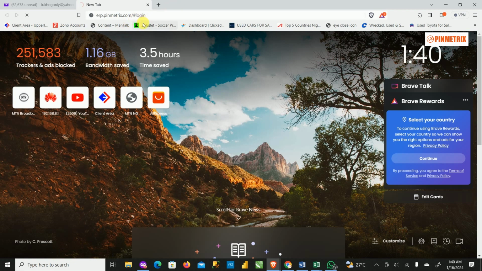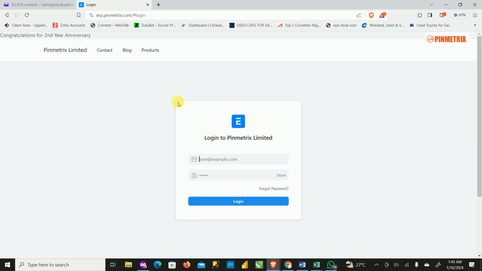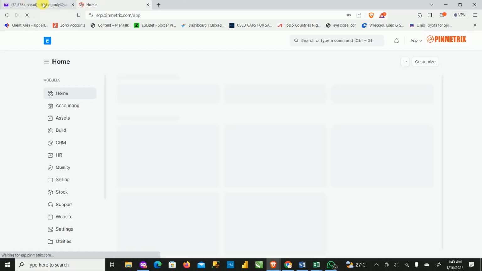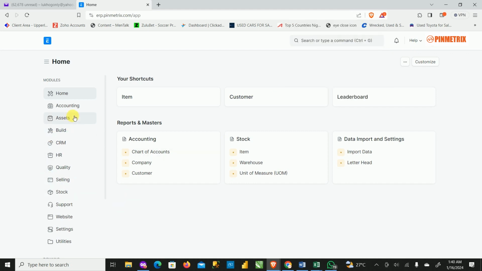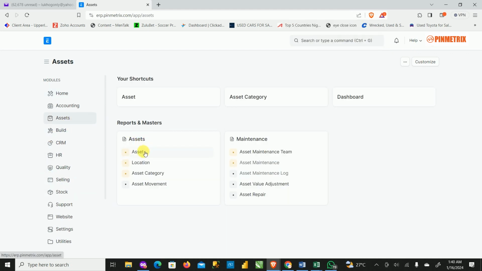So I want to log in with another user. We can as well approve it directly on that screen. You can approve it from that screen, or you can log in into the system to approve it. So if you come here to assets,